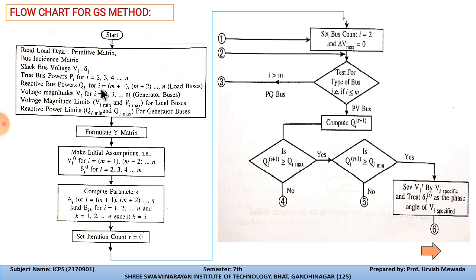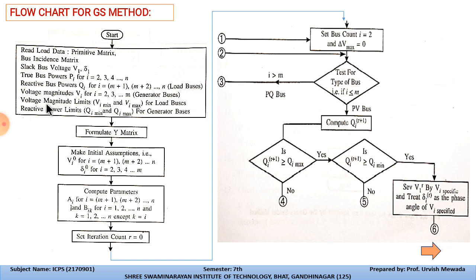It is indicated as Qi, where i is equal to m plus 1, m plus 2 to n, wherever the load is connected with the nth number of bus. If you put m is equal to 1, then we start with the buses 1 plus 1, means 2, 3, 4, like that. Then we have the magnitude of the voltage Vi, where i stands for 2, 3, 4, because we have already considered the magnitude of the slack bus as V1.